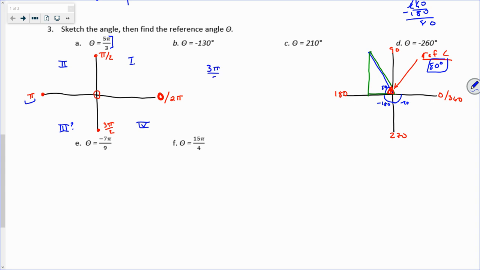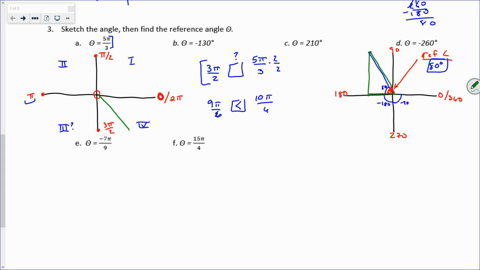So do an old school comparison problem with inequalities. Try to find whether it's greater than, less than. Of course, it's hard when we don't have common denominators. So if I take this one and multiply top and bottom by 3, I get 9 pi over 6. And then if I take this one and multiply top and bottom by 2, I get 10 pi over 6. So now, to me, it's very clear that 10 is greater than 9, which means that my coterminal